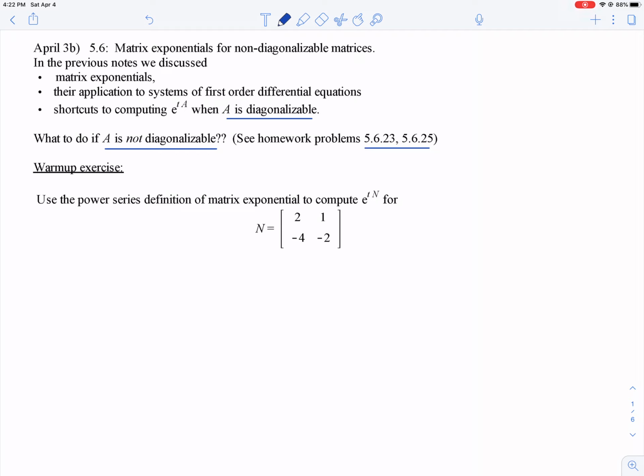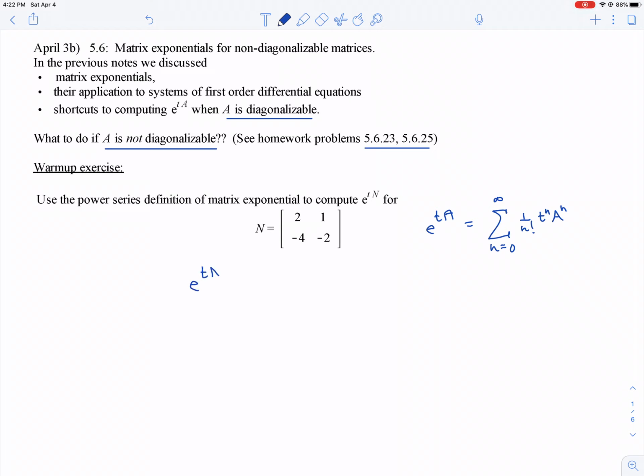And I shall do it. So we know that e to the tA is just given by the power series as n goes from 0 to infinity of 1 over n factorial t to the n A to the n. So for this matrix capital N,